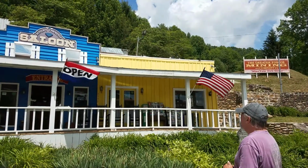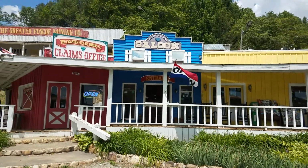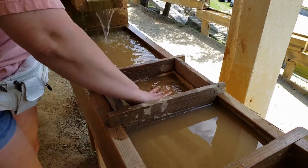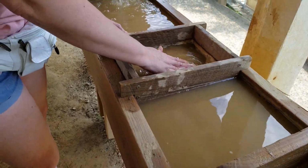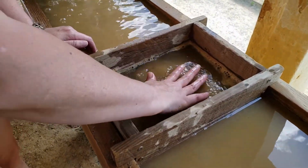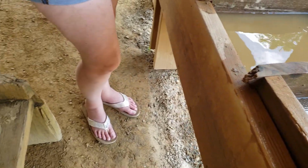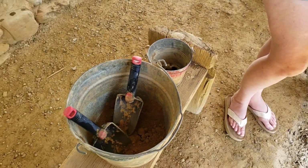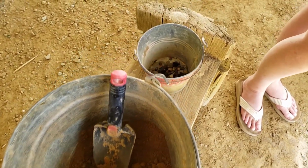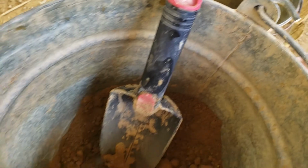Hey, we're going mining. So we're doing some mining for gems in a sluice or trough or something. Sandy's going to town here, and basically what you get is you get yourself a bucket of dirt. Some of y'all are probably familiar with this. And you get little buckets to put your stuff in. And this is Sandy's haul. And then over here,